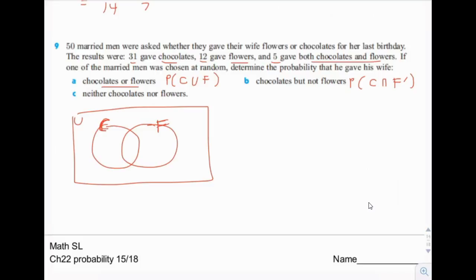Neither chocolates nor flowers, so that would be the probability of neither chocolates nor flowers, so it would be everything outside of that, so it would be not chocolate intersected with not flowers. Okay, so let's fill in